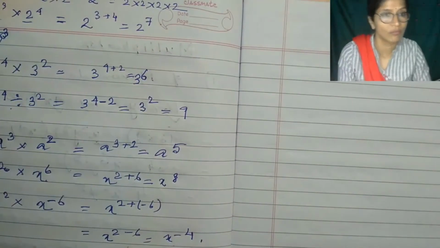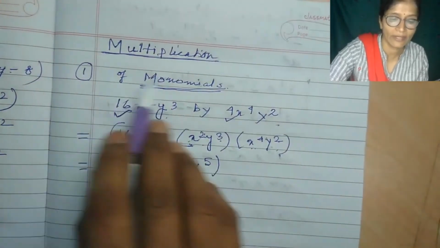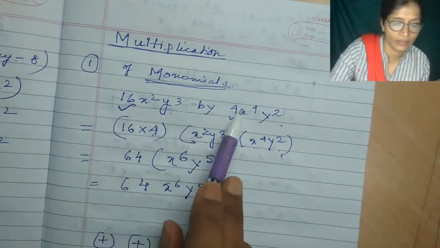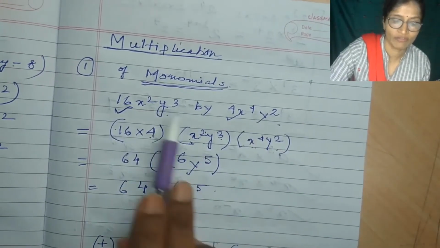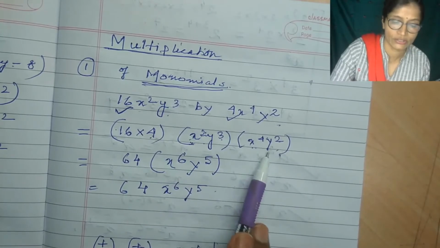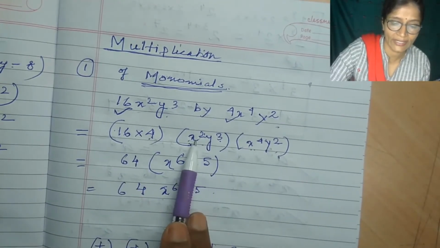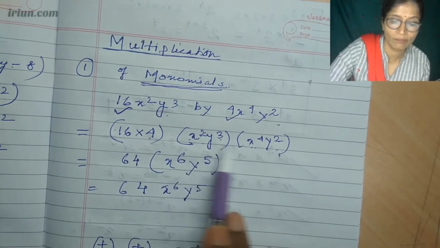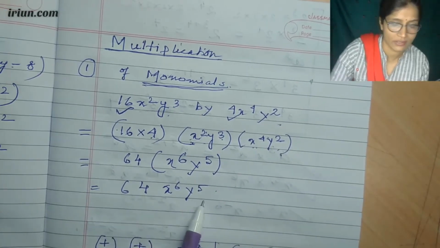Now we will do the multiplication, which I was explaining to you, that when we multiply a monomial with a monomial, then first we have to multiply the numerical coefficients, and beside that we will find out the product of the literal coefficients. So the product of numerical coefficients 6 and 4, and literal coefficient x is there, and 4 and 2 will be 6, and y to the power 3 plus 2, because it is multiplication, so it is 5. Your answer will be this.